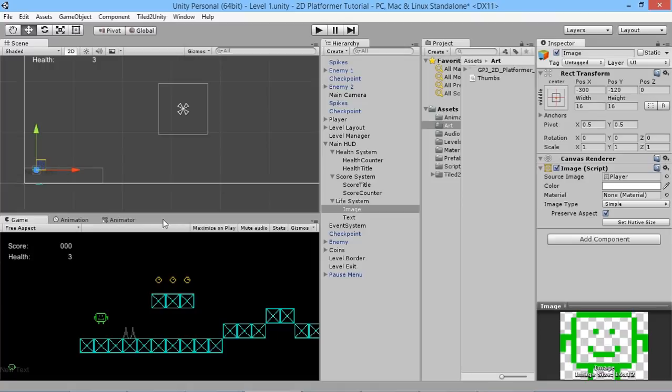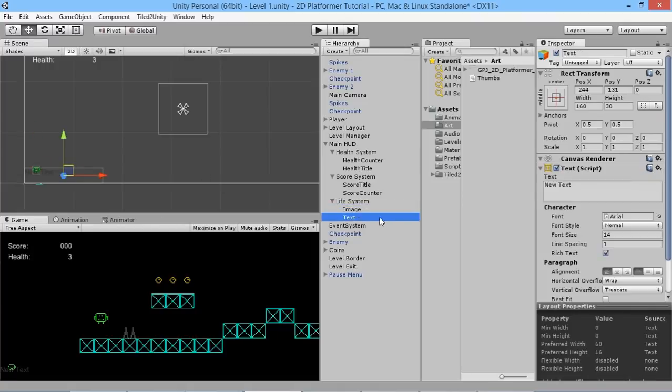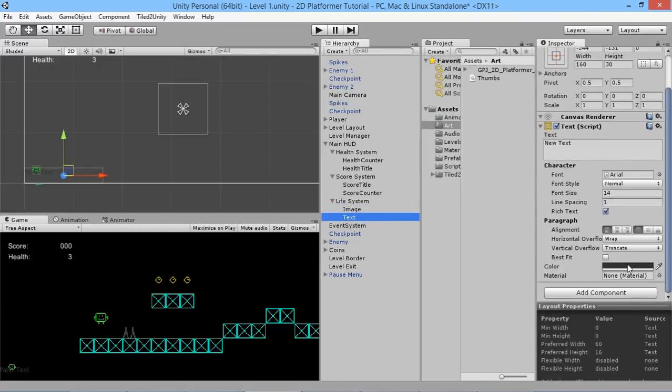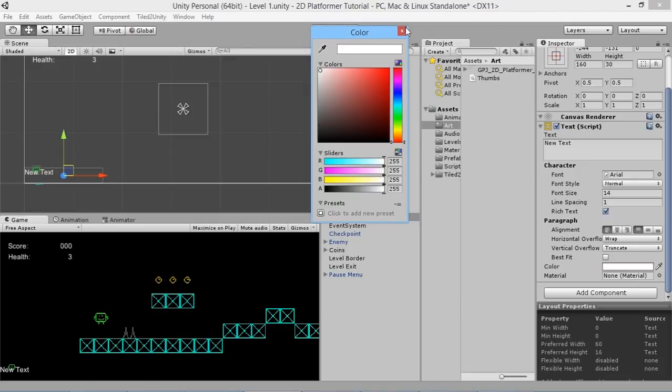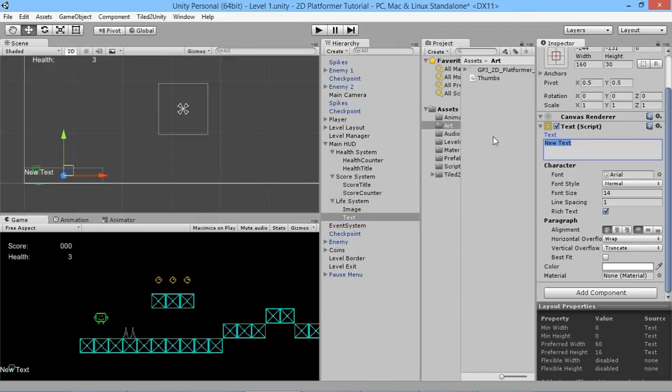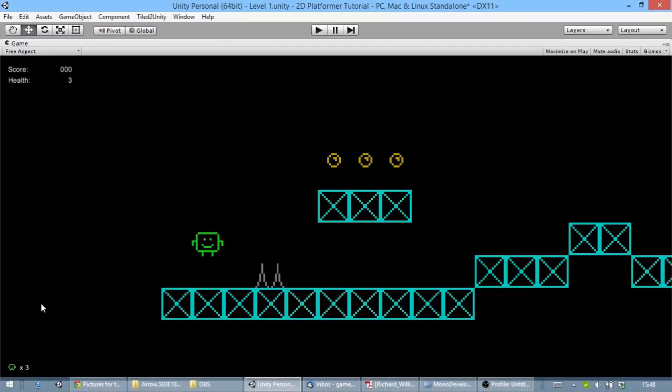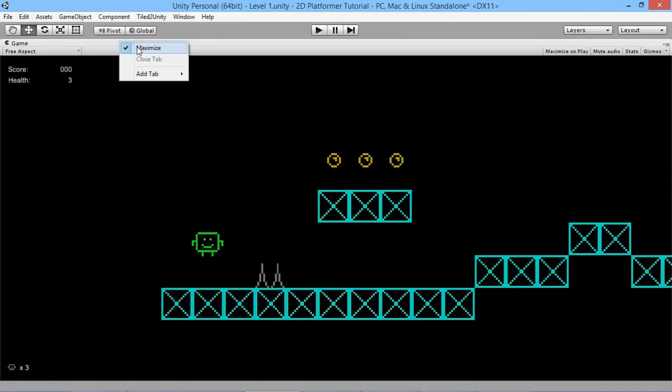So that's perfect. Now we've got our image, and we've got him roughly in the right position. He can stay around about there, but we have to make this text look useful as well. So we will make this bright white, and instead of text, just as a placeholder, we'll say X3, just so we know roughly what our lives are going to look like. So we will grab the text, and we'll position that around about there, so that it looks okay down here on the screen. And if we maximize it,